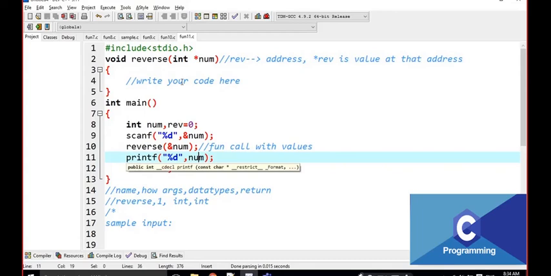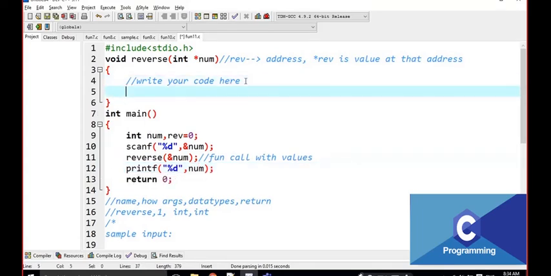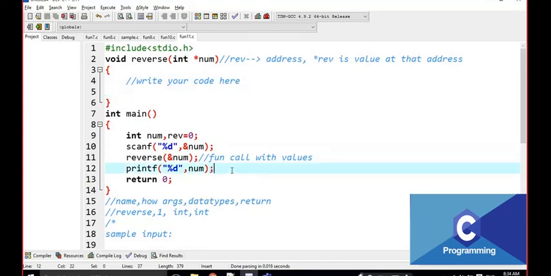That means whatever modifications are done here will be reflected back to the main function. We have to observe these things. The result is also num, so what we modify in the values, we have to modify in num itself. Then the output is printed.